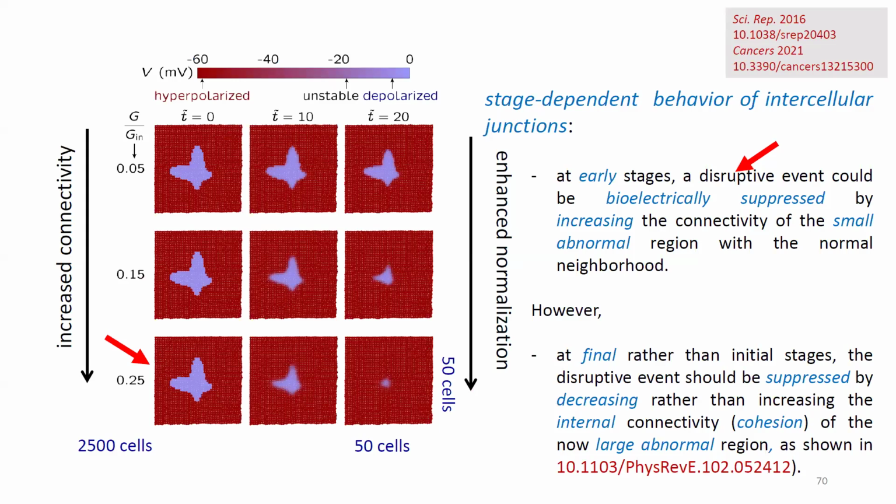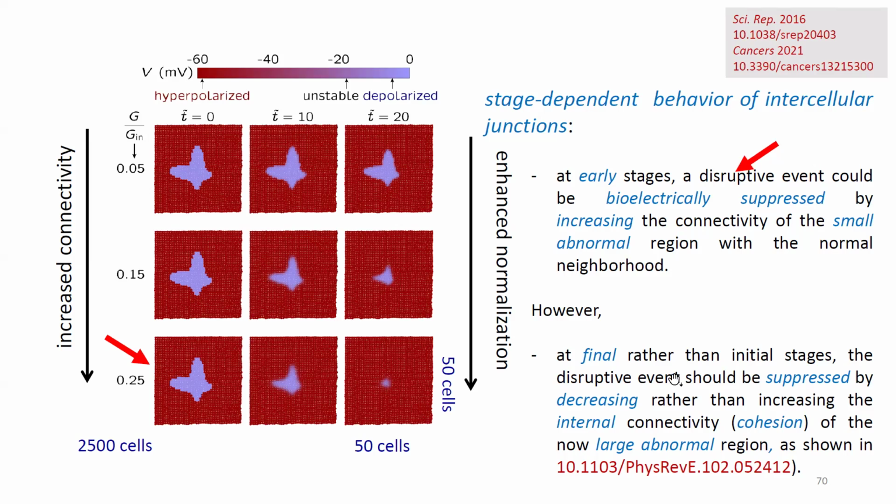However, the system-dependent behavior is clear. When we made different simulations, we found that at early stages, when the number of abnormal depolarized cells is small, some normalization is possible, but when the connectivity is low or the abnormal cell states are high in number, this normalization is not possible. So this suggests that at initial stages, if you want to suppress some abnormal bioelectrical state,